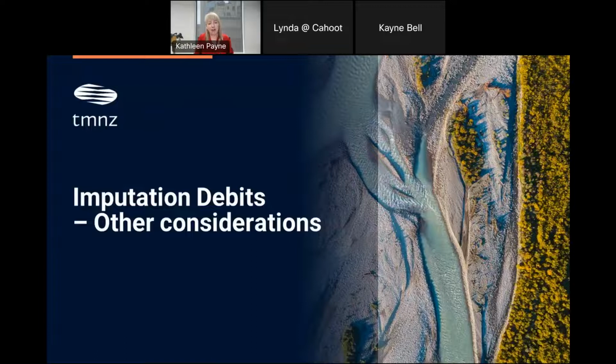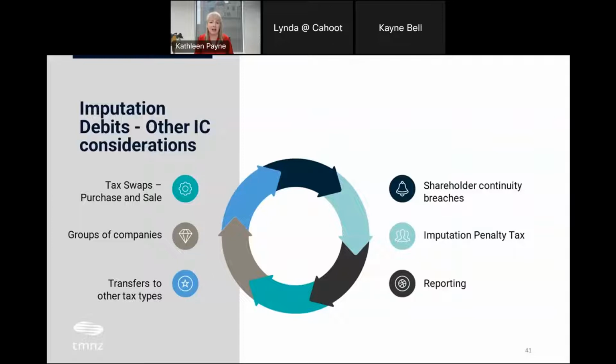So having led you through the trickier parts of this, I also want to talk about some other imputation debits. Because when we're looking at that, if you transfer tax out to another taxpayer, to another tax type, we know from an ICA point of view, you're taking it out of that income tax bucket and you're moving it out of your ICA account. There are other ICA debit considerations, and what I've got on this slide are some different things